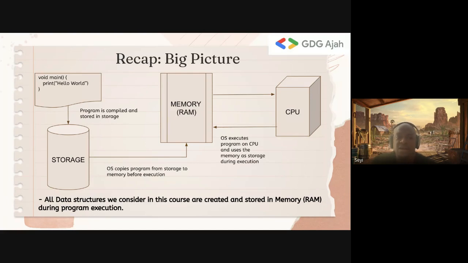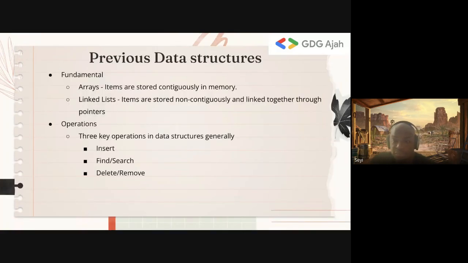And today we are going to be discussing sorting algorithms. And sorting algorithms are ways we can work on that data in RAM. So we've looked at data structures. We saw arrays, and the key advantage of arrays was that the items are contiguously stored in memory. Then we looked at linked lists, where the items are not contiguously stored in memory, and they are linked through pointers. So arrays and linked lists are the fundamental data structures, and every other thing builds up from them.